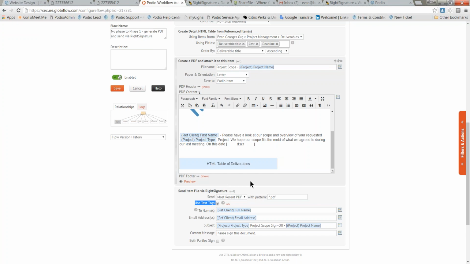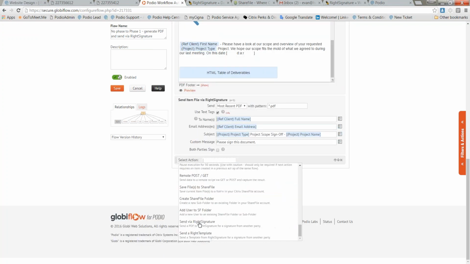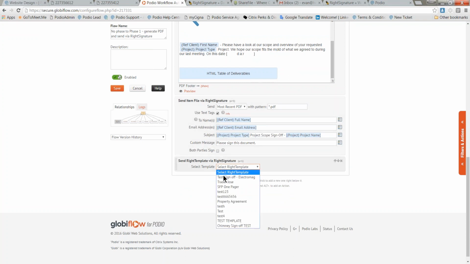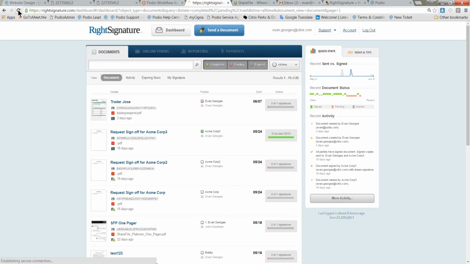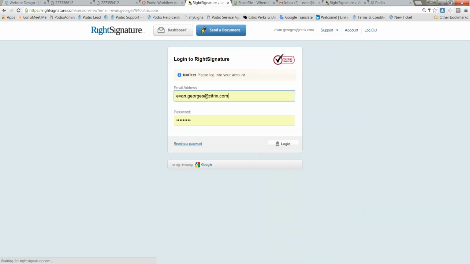Now, there was another option that you guys did see. If I hit the action, instead of sending via Right Signature, I can send a Right template. And that actually looks at my Right Signature account at custom templates that I've built myself. So if I actually log into my Right Signature instance, let me just refresh to make sure that I'm actually logged in here. I can go into my account